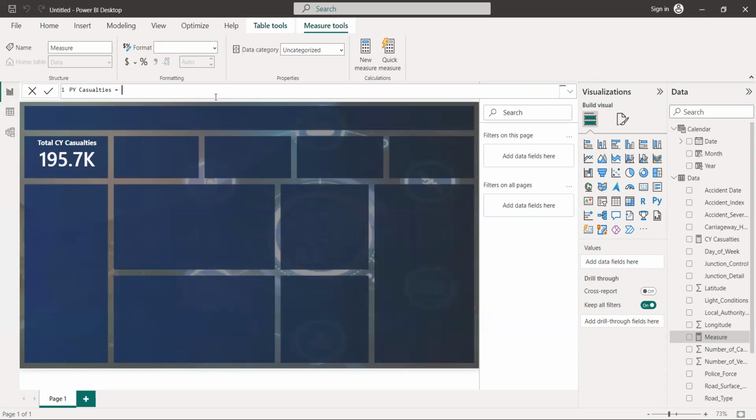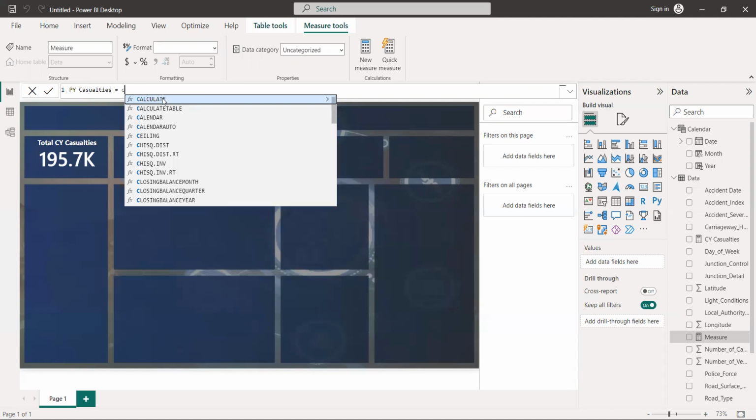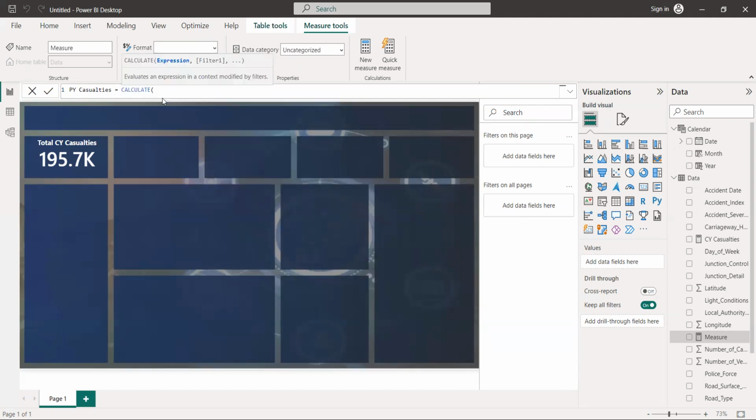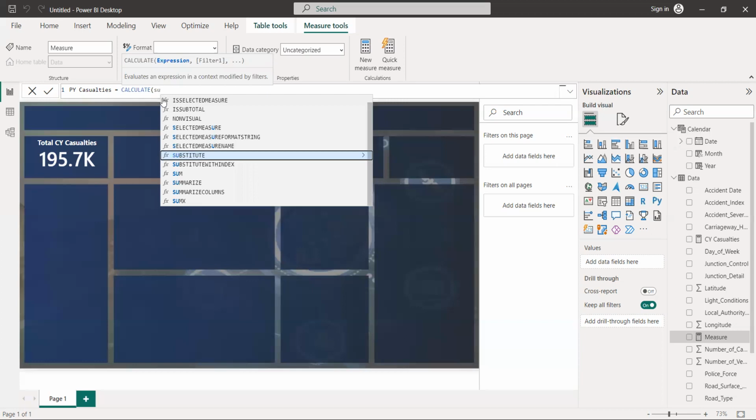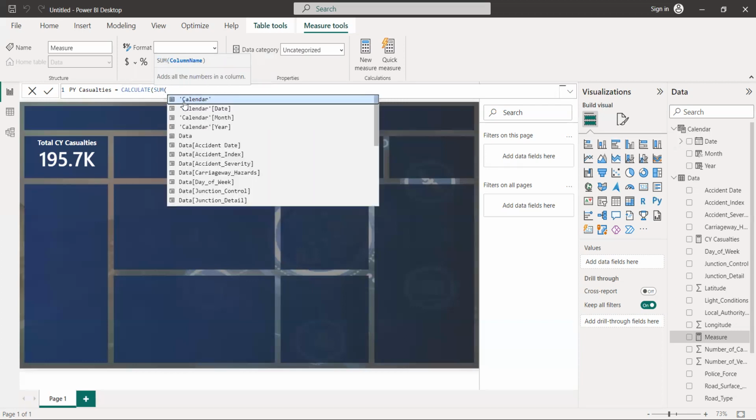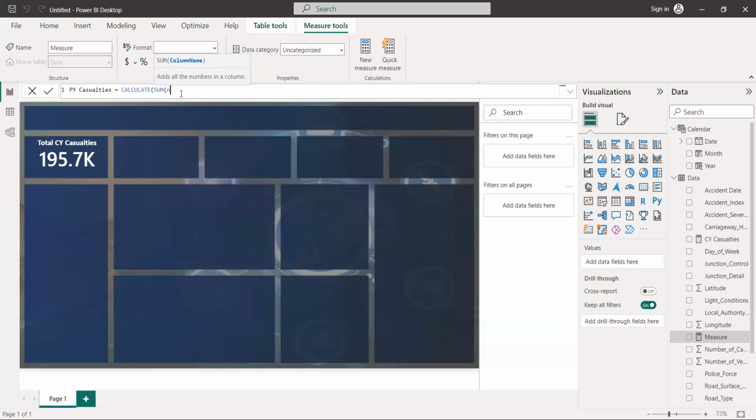So now you want to calculate. Then we want to use, guys, sum, because we want to find the sum of the number of casuals. Then we want to close, guys,